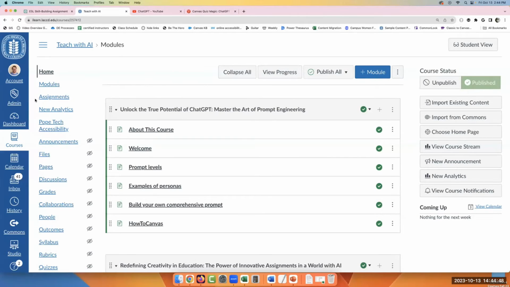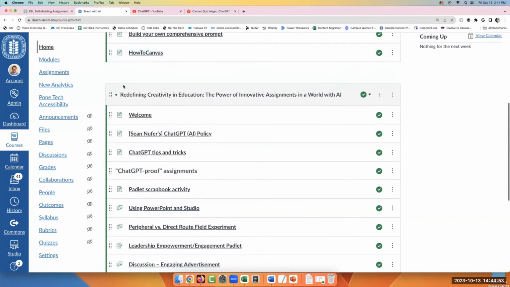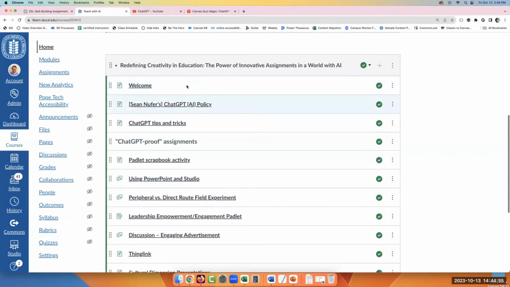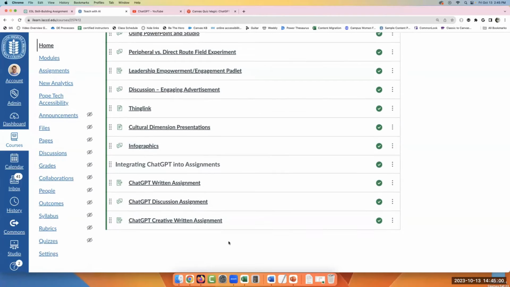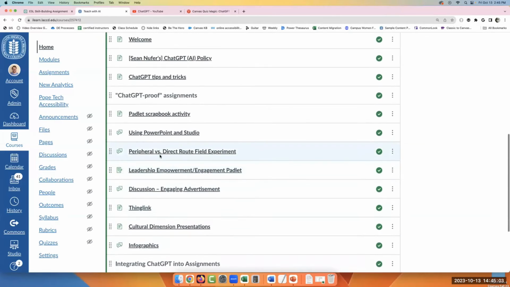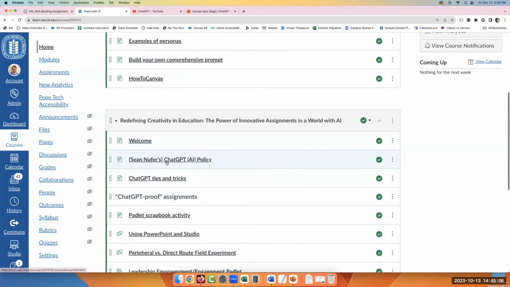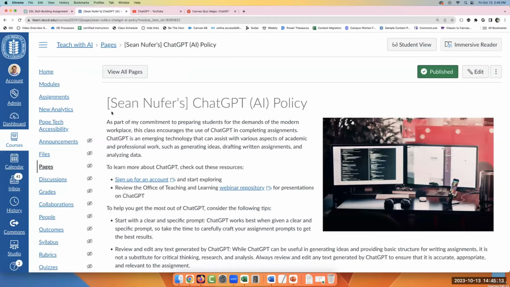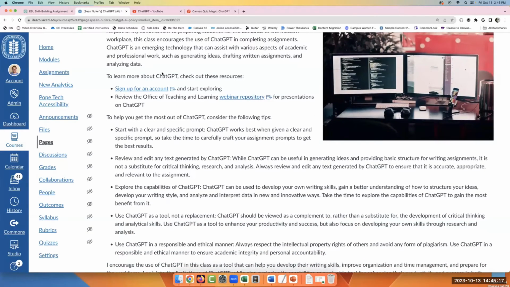I will say in this course, this AI course with all these interesting things, one of the things in here is a sample. Where is it? I'm trying to find it. And here's some ChatGPT proof assignments that, oh, here it is. Here's a sample policy that Sean Neufer uses. And it's pretty interesting. He actually encourages, at least for this course, obviously it's a course on AI, the use.